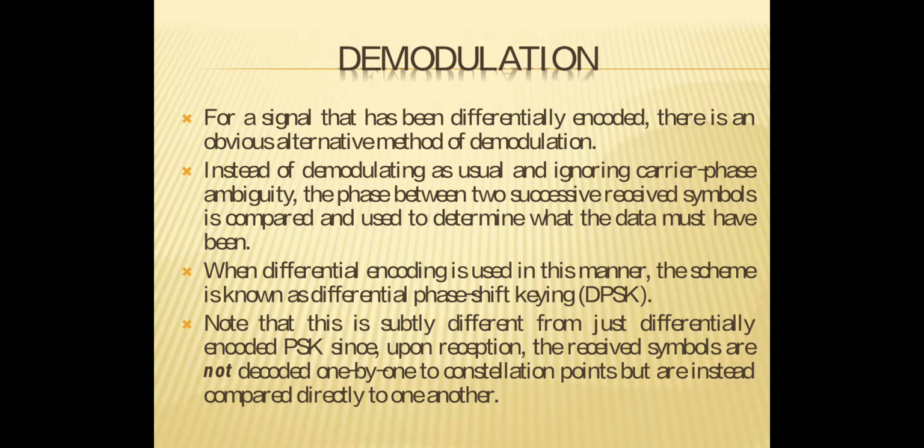Note that this is subtly different from just differentially encoded PSK, since upon reception, the received symbols are not decoded one by one to constellation points but are instead compared directly to one another. So we are comparing the received data codes with the preceding